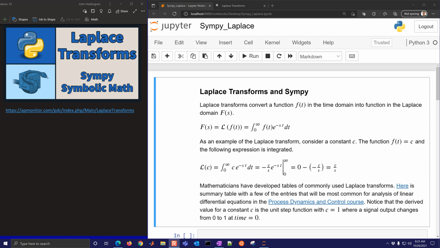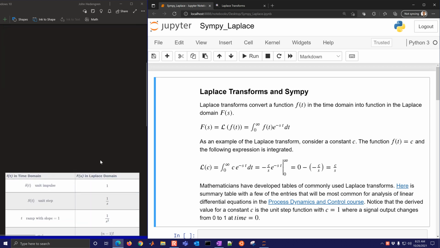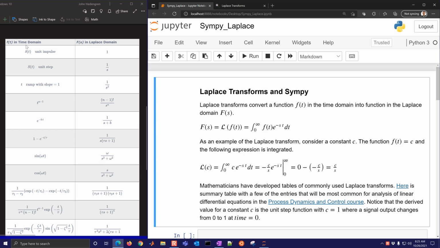In this tutorial, we're going to go through Laplace transforms and how to solve those symbolically in Python with Sympy. A Laplace transform transforms a function f of t from the time domain into the Laplace domain with this transform. And there are mathematicians who have come up with tables and have done this for many functions. And so you can just look up in the time domain, for example, and then convert that into the Laplace